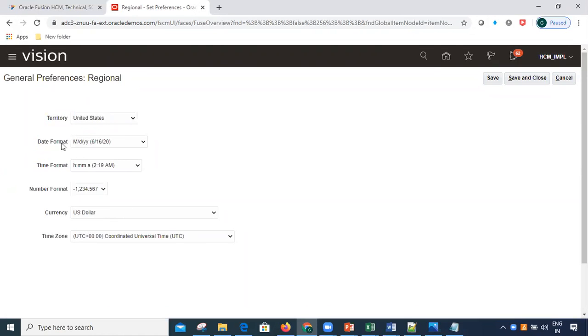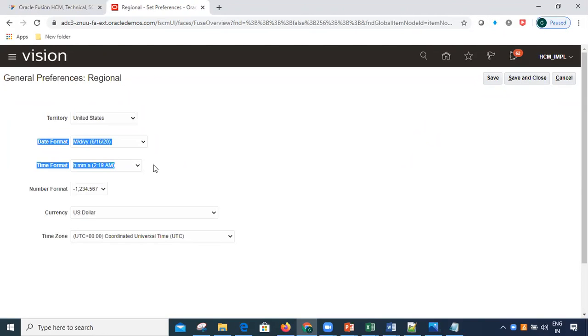These are self-explanatory things, right? Choosing the nation, or how the date format should come, the time format, the number format. But one thing we have to understand is that whenever you are setting up the date format and time format, you have to be very careful. In business intelligence, the BI reports or OTBI reports, when we write the query to pull reports in the system, we use certain formats for pulling date related or time related information, correct?